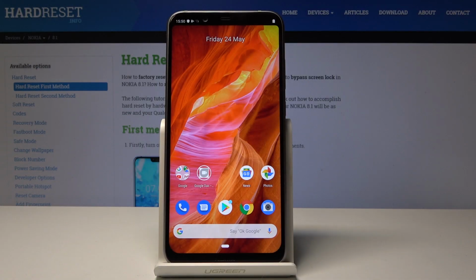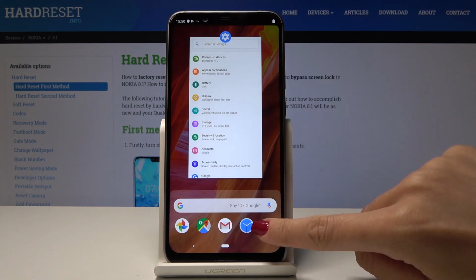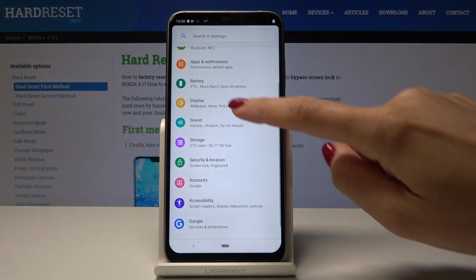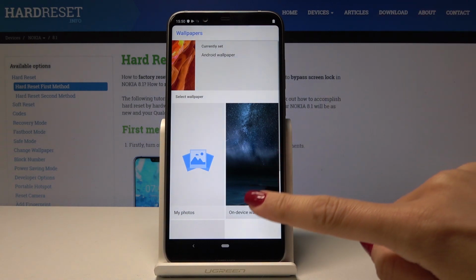Here I've got Nokia 8.1 and let me show you how to change a wallpaper on the following device. So at first, open list of all applications, then find and select display, go to the wallpaper, and now just select the source that you would like to